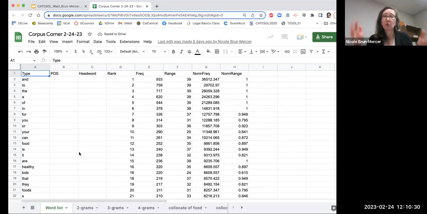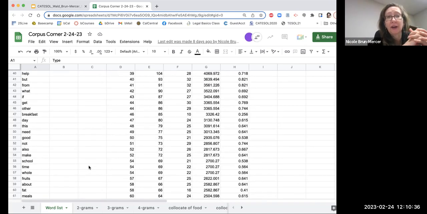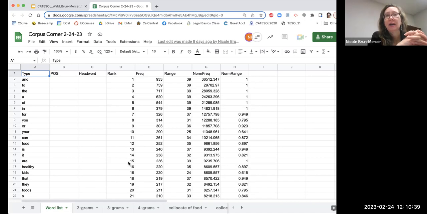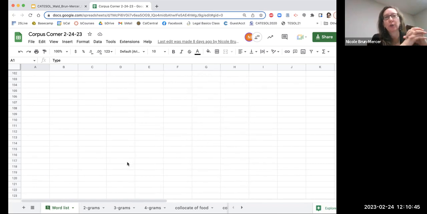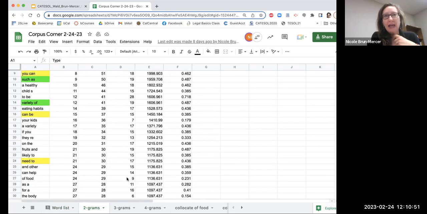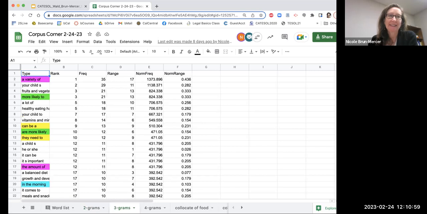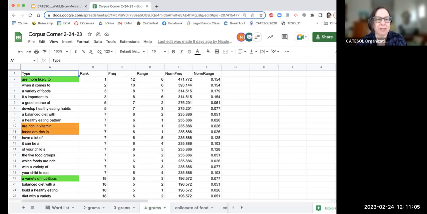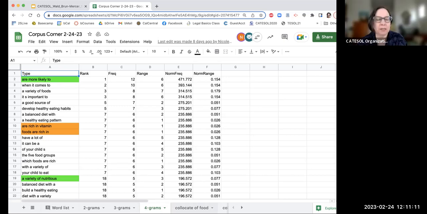When we created a word list, all of the words that were in all of our texts, you see words like and, to, the, other, from, what. We're calling this our messy data, because this is not the list that we're actually going to work from. Our students, we've decided, know the, at, in, and we don't need to focus on those. So from this messy list of words, we created our nice, neat list that we're going to work with. And that one is in the chat. You are welcome to open it and to work with it as we create activities.